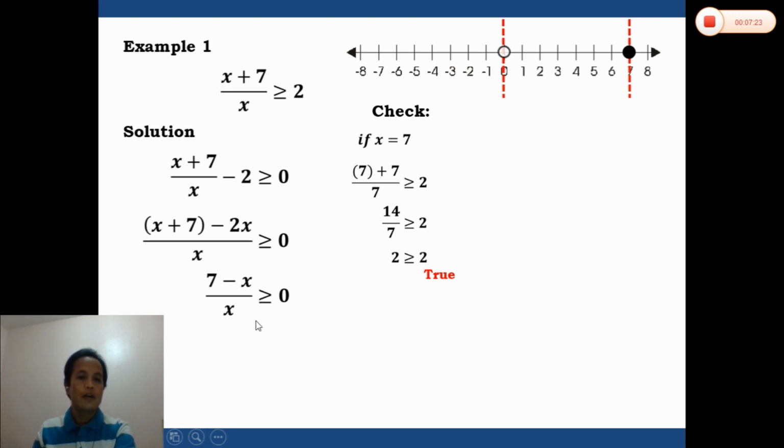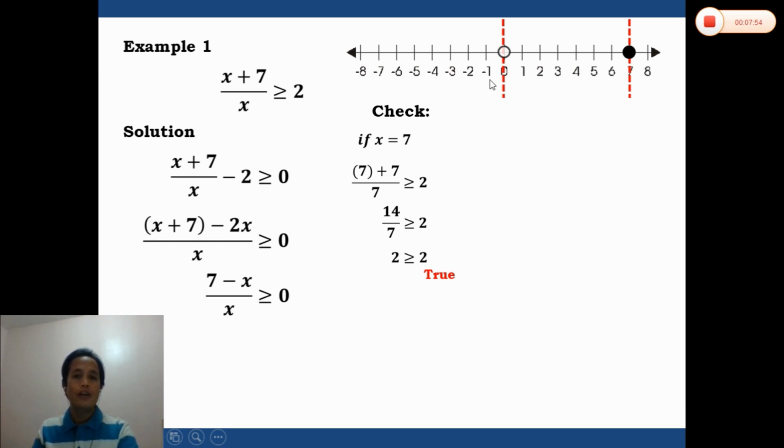So different from the 0 here, this is a hollow dot because 0 is not part of the solution set. Why? Because 0 will make the whole fraction here undefined. That's why it is not part of the solution set. While 7 is part of the solution set, that's why this is a solid dot. Now to proceed,